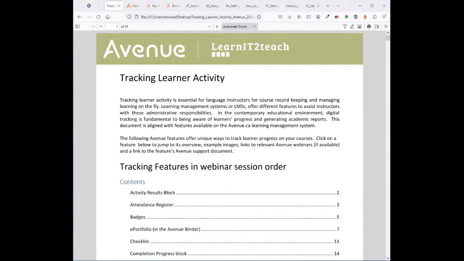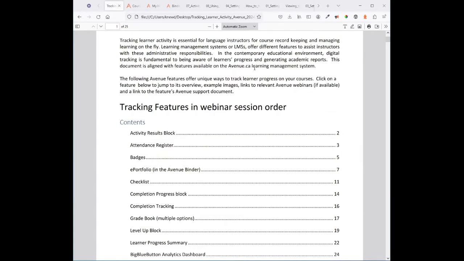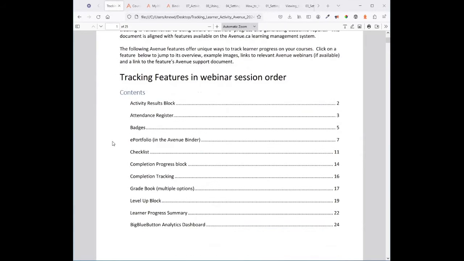session. Essentially what we're here to do is talk about different options of tracking learner activity on your Avenue course. And as you can see, we have about 10 or 11 options. You of course wouldn't use all of these, but it's good to be aware of what they are so that you can make an educated choice in different courses moving forward. So what I'm going to do is just walk through these